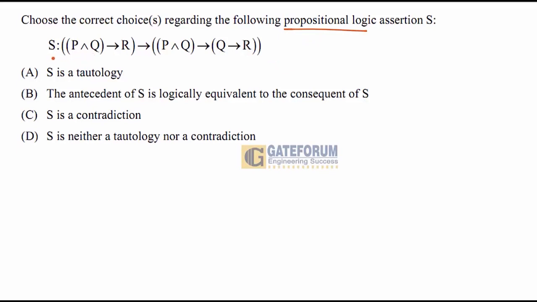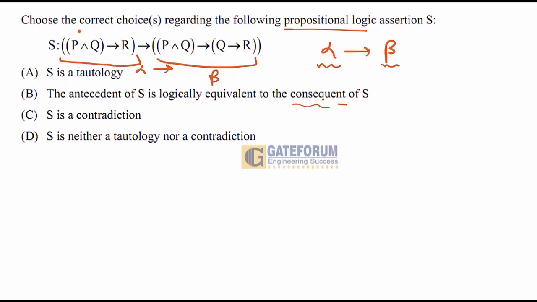This is saying that a formula S is given to us, which is something alpha, which is implying some beta, right? Alpha implies beta. In this form, a formula is given to us. And they are asking whether this formula S is a tautology or not. And also we need to check whether antecedent, alpha is called antecedent and beta is called consequent. Okay, this beta is called consequent.